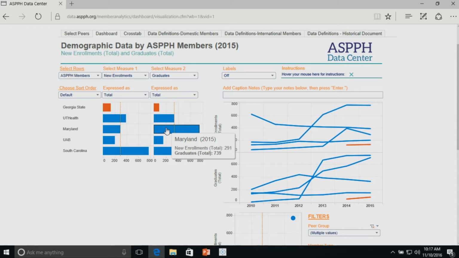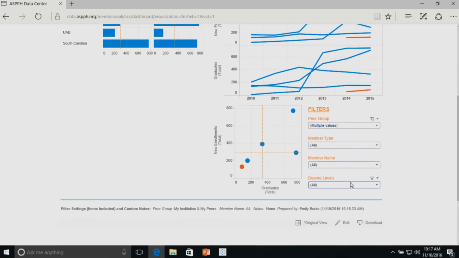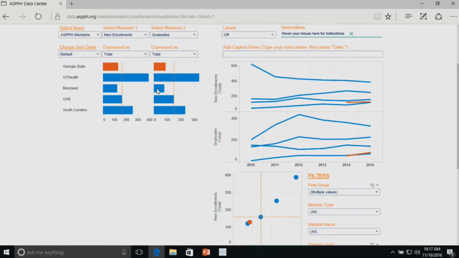And then I got to Maryland and it looked really weird, because they enrolled 291 students, but they graduated 739. That didn't feel right to me. And then I realized, oh, I'm not comparing apples to apples here. Let me filter out bachelor's degrees and see what happens. And there you go, looks better. And then again, you can look at these numbers. So basically where we stood was maybe 60 to 90% of that rate was looking pretty good. So they knew, Georgia State knew where they had to be